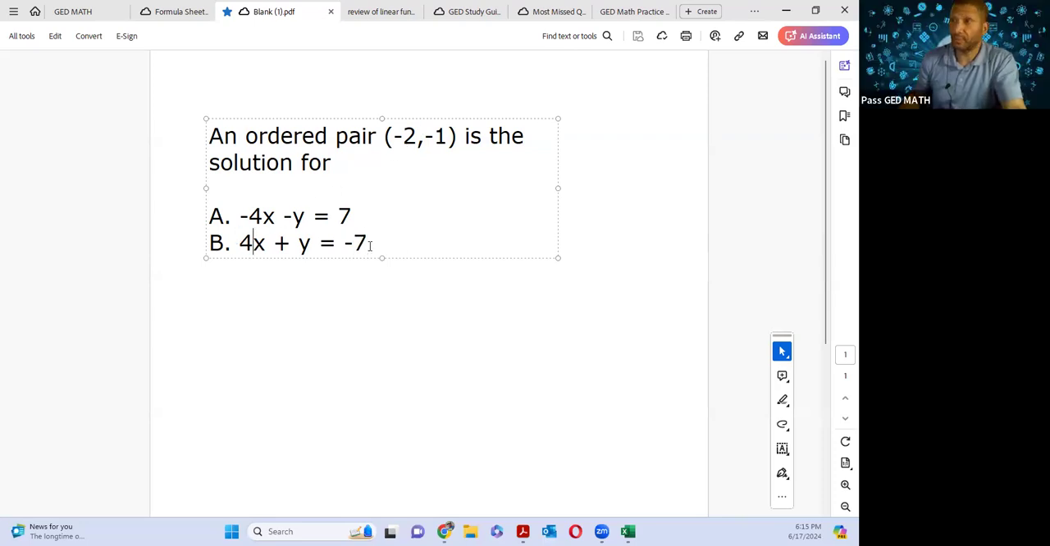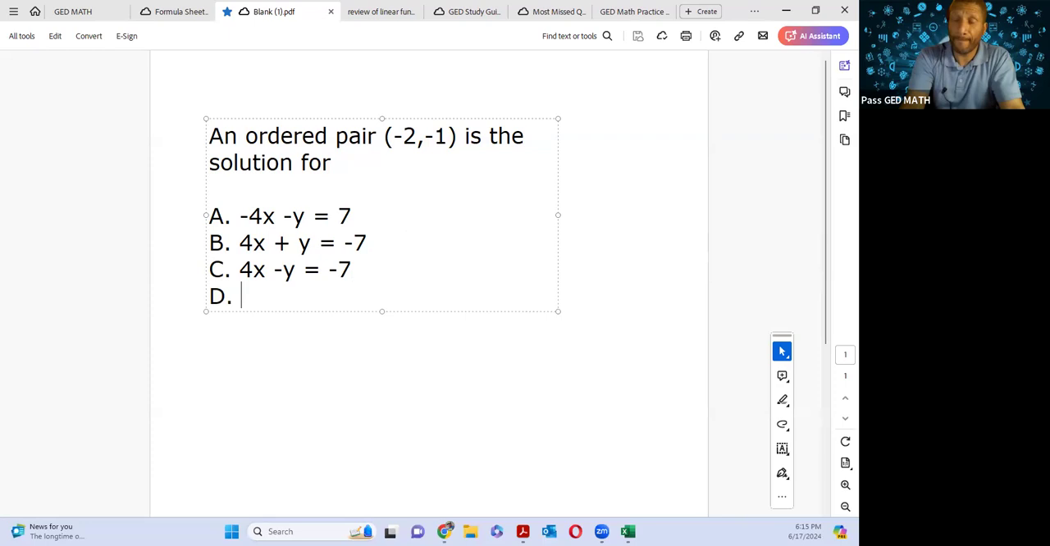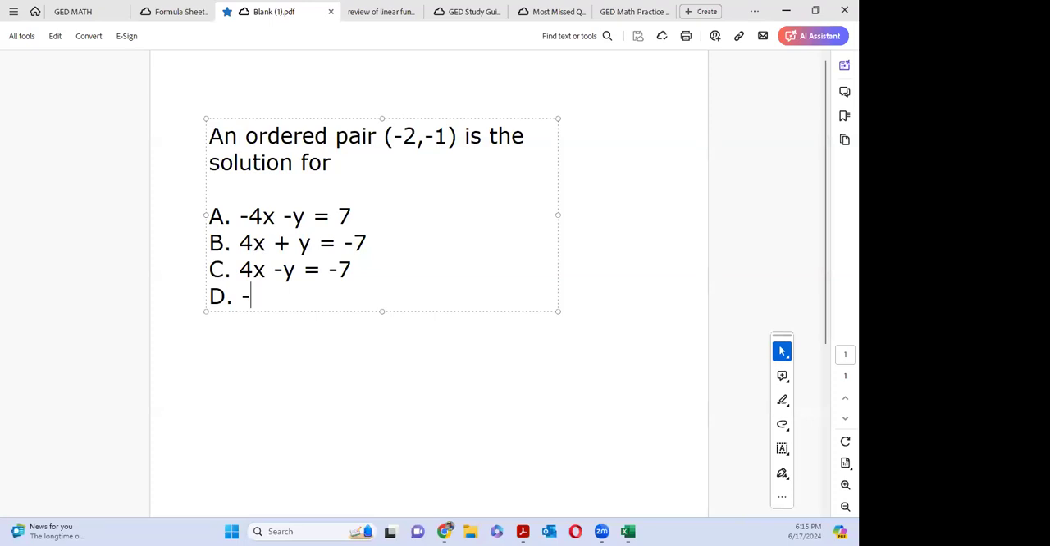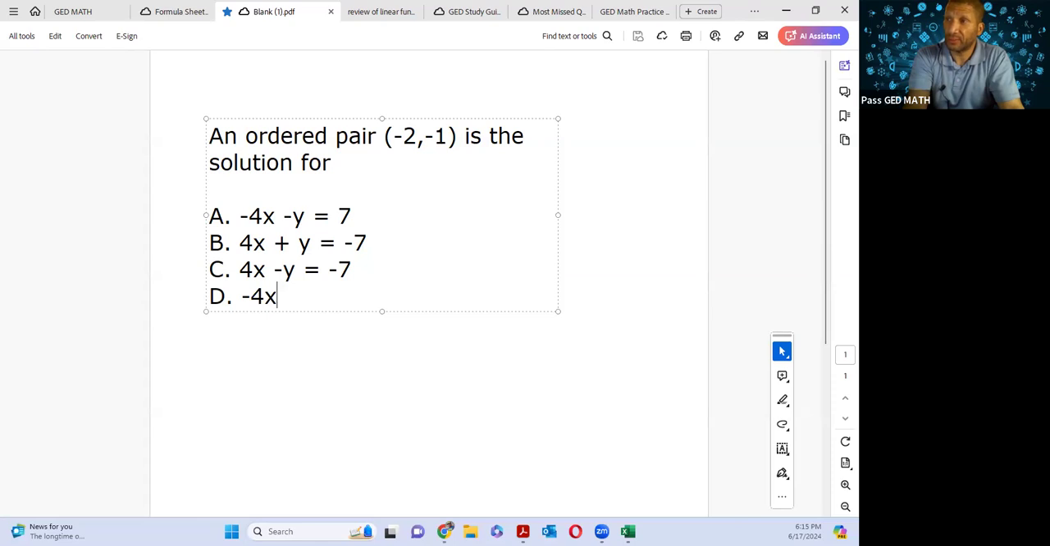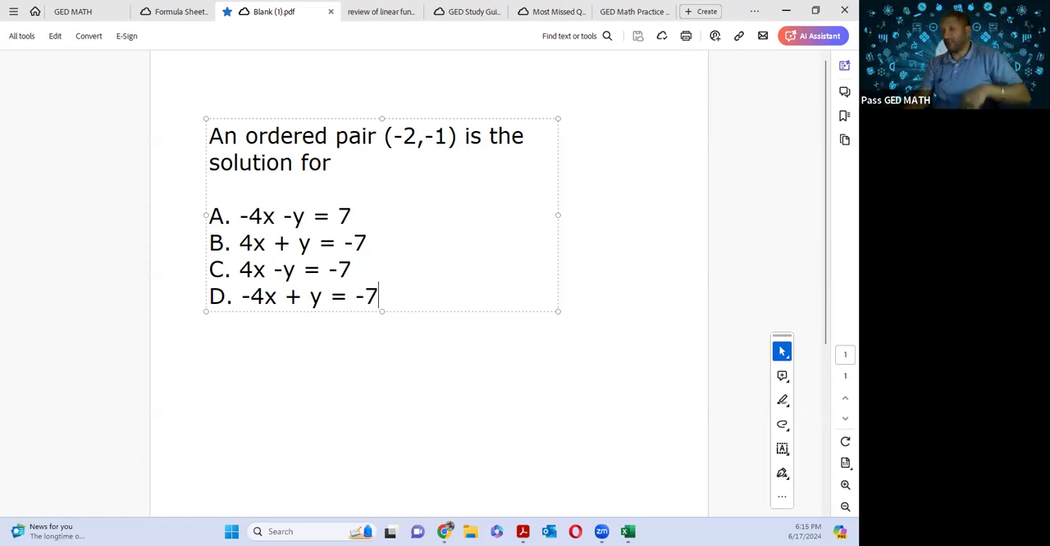The other one is 4x negative y equals -7. And the last one is negative 4x plus y equals -7. So what happens is you have to understand, when you face any problem,